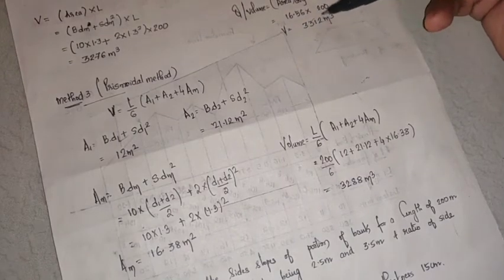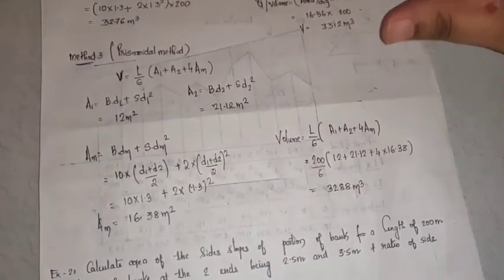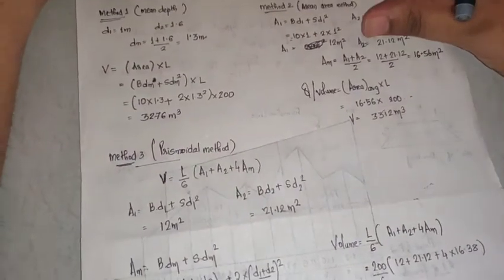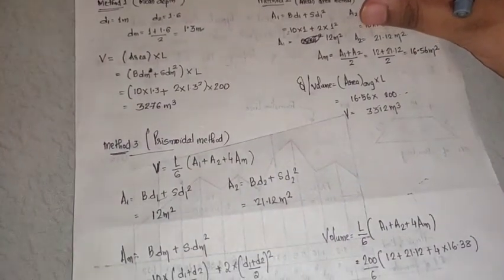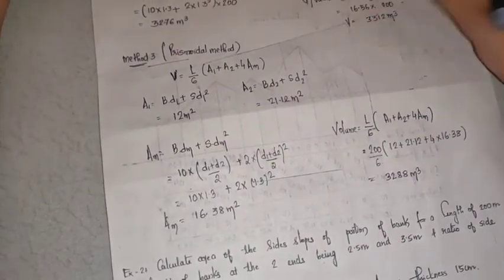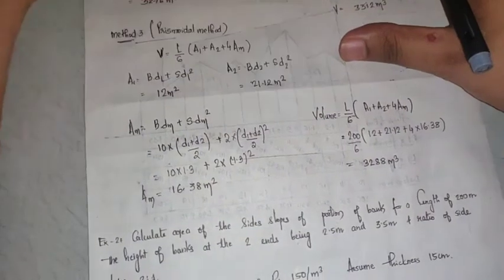The second method is very vast. So this is how we make use of the methods to calculate the volume of earthwork, right? Now in this problem it was completely in banking, so the same can be done with cutting. So this is all about the earthwork excavation.